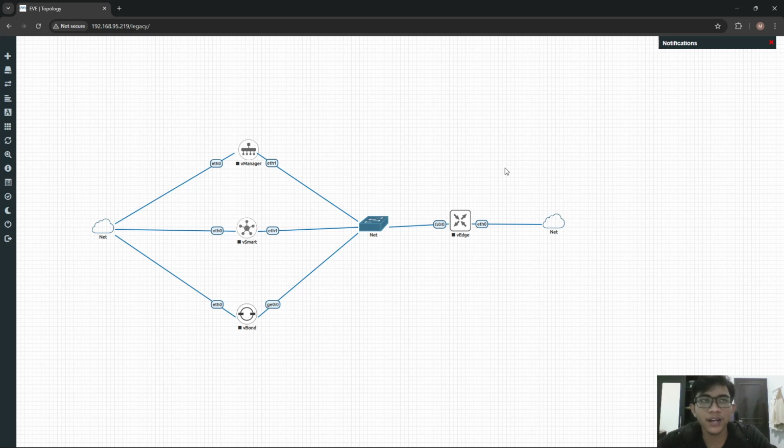So vSmart will know which path traffic should take for this type of network usage.